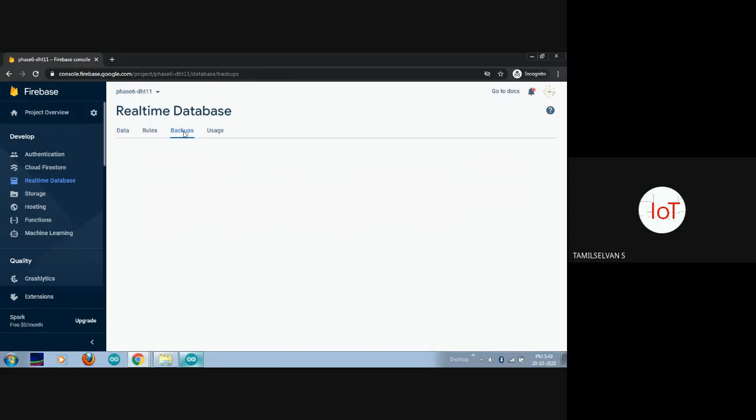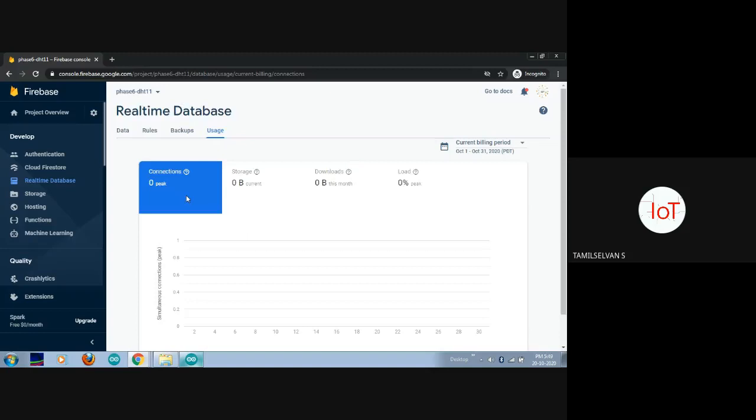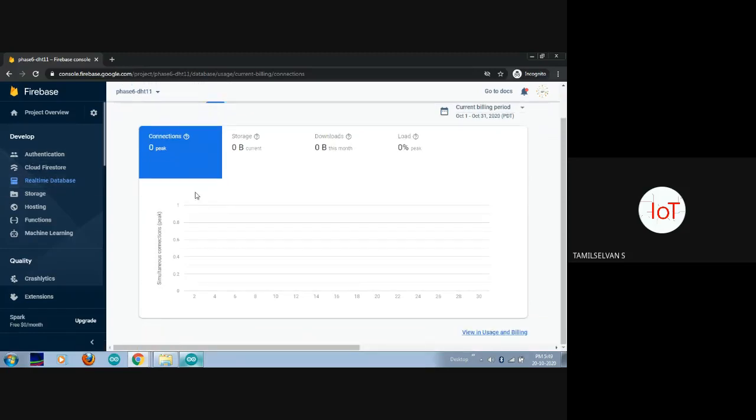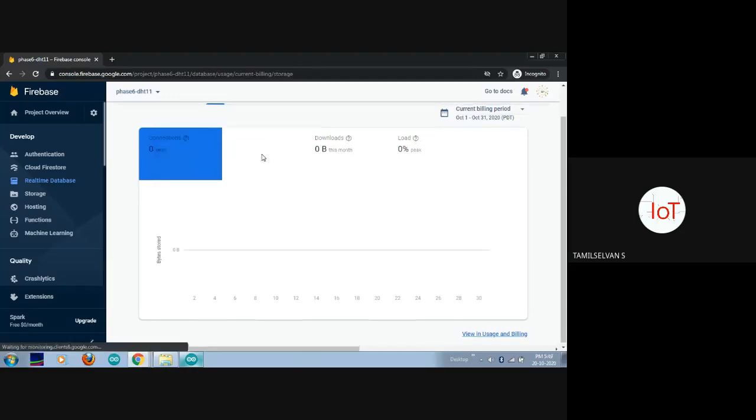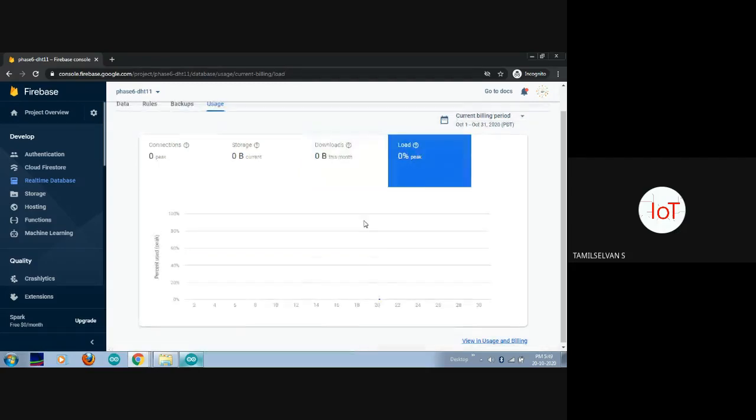Next is backups. If you wish to download your data from before 30 days, you can download it here. But as of now, since it is a free feature, they will not allow you to download your data, so for this you have to pay. Then in usage, you can see how many connections you have established with this particular database, how much storage you have used so far, how many times you have downloaded this month, and the percentage of loading, everything as a graph here.